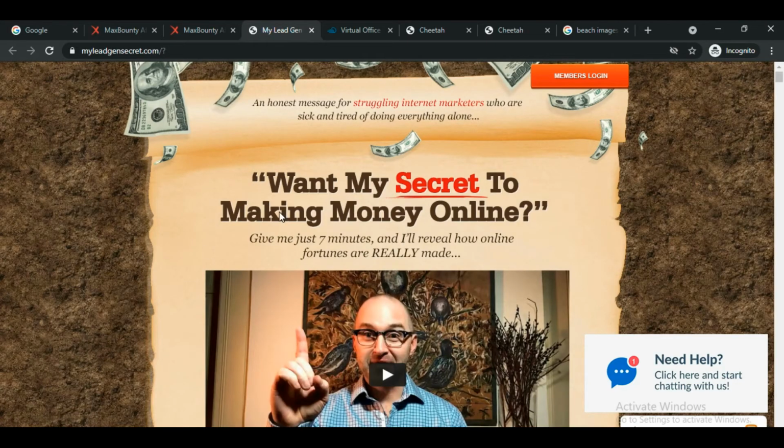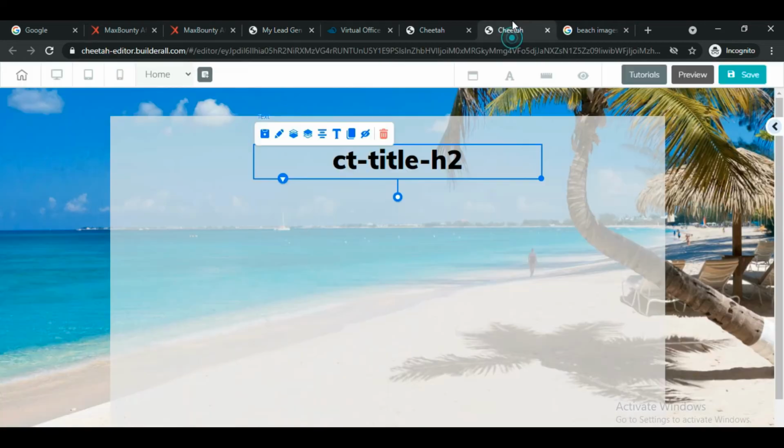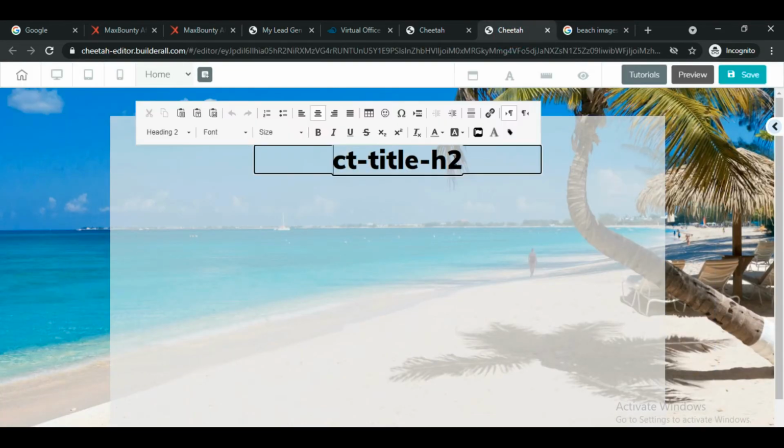As we are promoting a make money online offer, we want to use a text that's related to make money online, and it should create curiosity at the same time, because only if it creates curiosity will we get the name and email address of the user. If it fails to create curiosity, the user is not going to give us his name or email address. So the first step is that we have to write a text that creates curiosity. So we can write something like this.